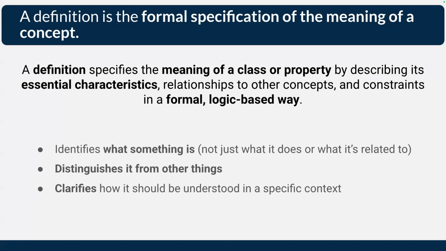So the definition identifies what something is. This something could be an ontology term. This something could be a data model. It could be whatever you want, but a definition identifies what this is. And it tells you how it is different from something else that might look the same. So a definition really clarifies, in the context of the ontology, what this term concept means. And it's so important that,